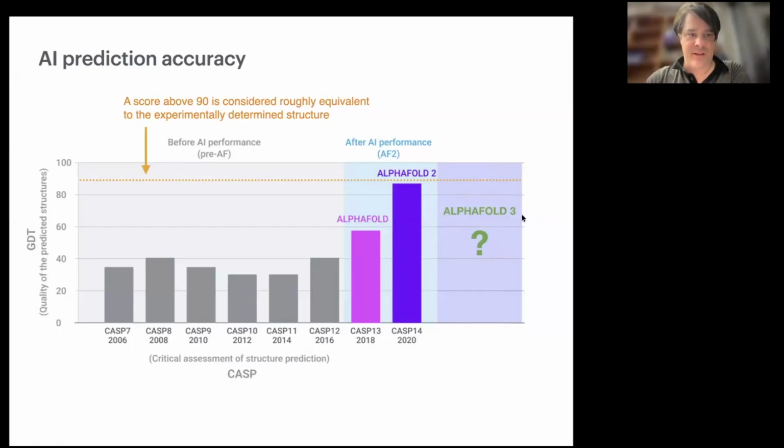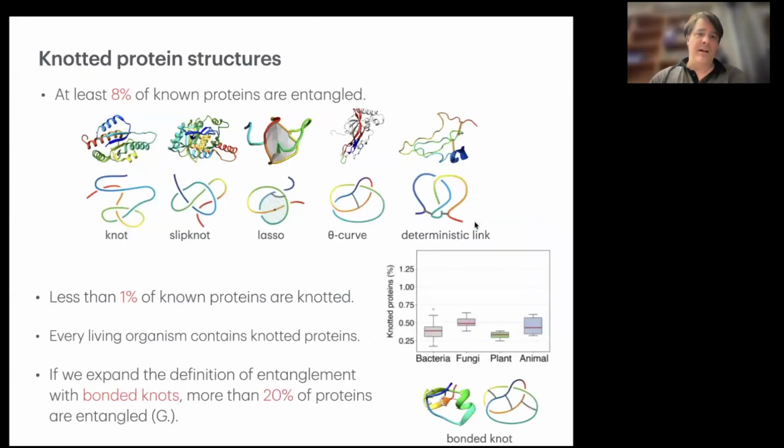So we still don't know if they reach the barrier of experimentally determined structure or not. The code for AlphaFold is released for old versions, but the new versions they keep closed source. So maybe the barrier is reached now, but I am not sure. Okay, so